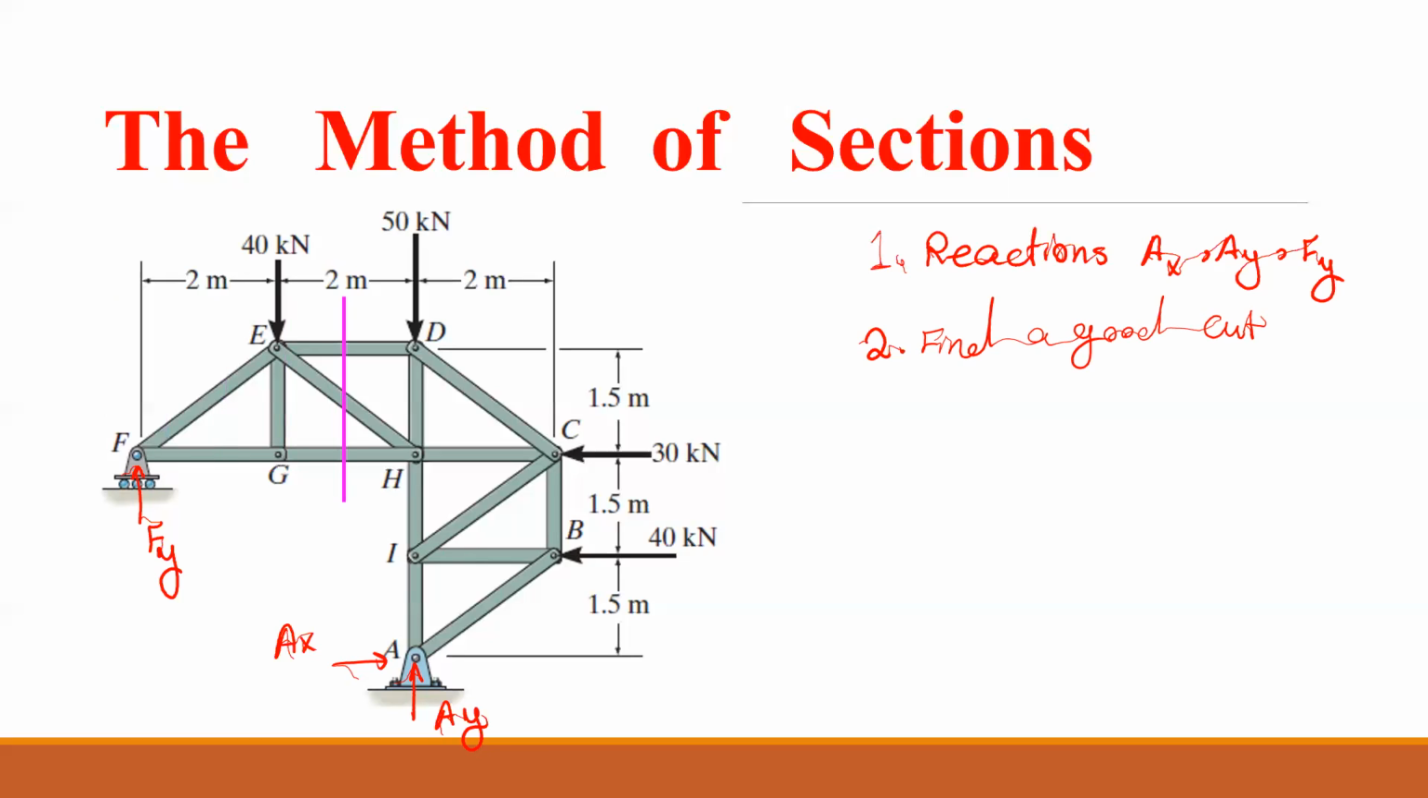So here is a good cut. If we cut from here, for example, if we need to find the internal forces that we had in the previous lecture for these three members, the good cut is the cut that involves just all three members that we want to find internal forces for, and also the maximum number of unknowns we have is three members. All right. So the next step after we find a good cut is